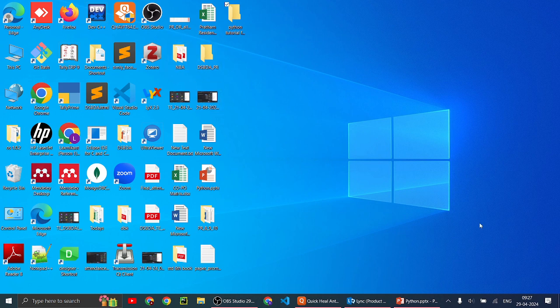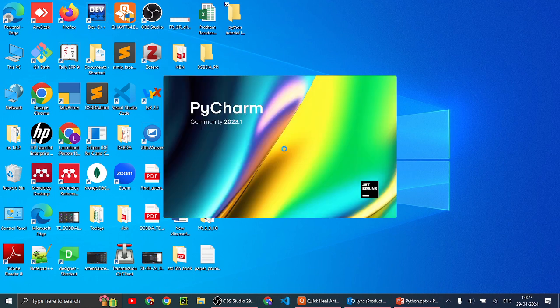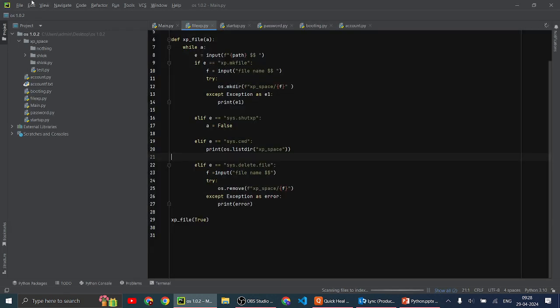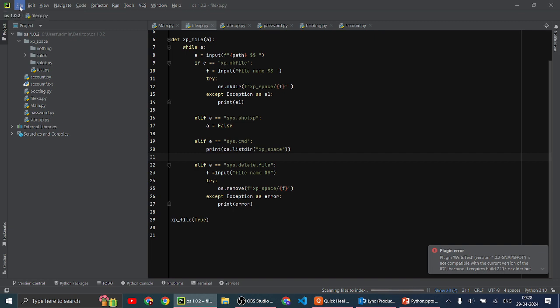You will see a screen, but I already have some projects in PyCharm, so I will just do other things. One second. This is my other project, so I will open that project in another file.